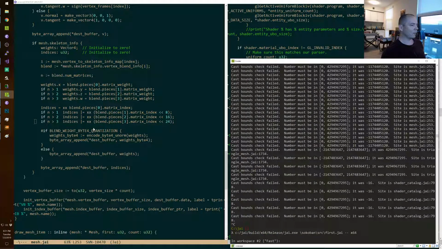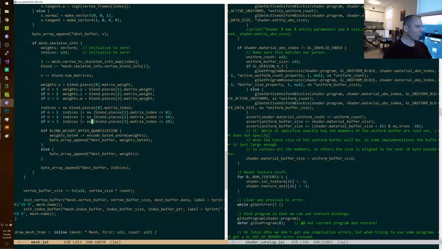The blend matrix index. I mean, I guess we do this here too. Okay, so we have to support that in the parser before we can compile again.